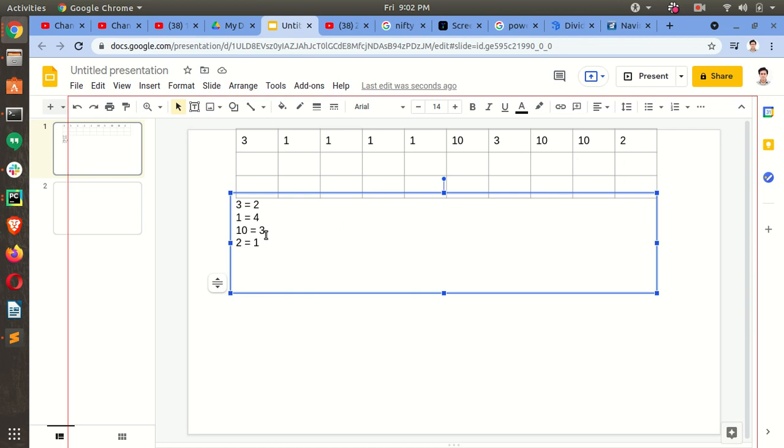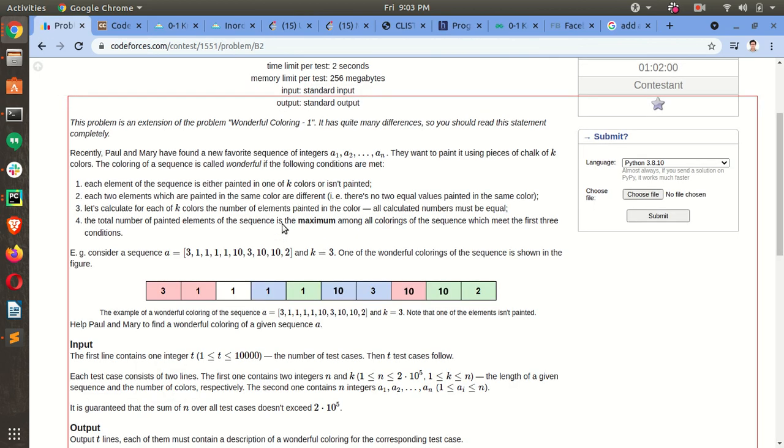Now what we have to check is the value of k given to us. K is 3. So what is the maximum coloring we can do for this scenario, such that all these 4 conditions are met?